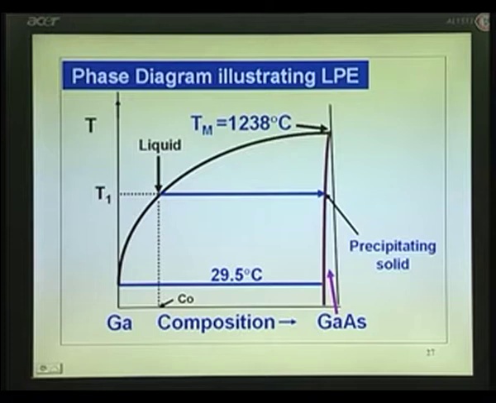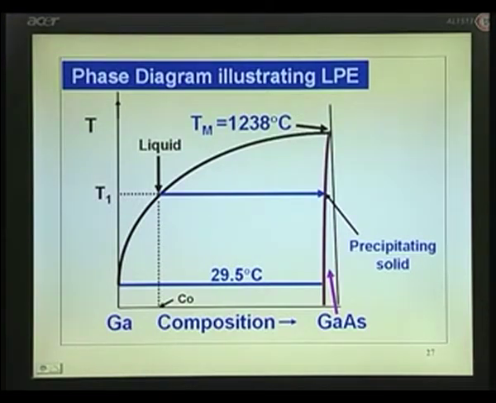I have put one half of the phase diagram. See, here is gallium, the center 50% gallium, 50% arsenic, if you get gallium arsenide. On the other side, it will go like that, where arsenic is 100%, that I have not shown, because this is sufficient to illustrate the principle of liquid phase epitaxy. Usually, in the Czochralski technique,